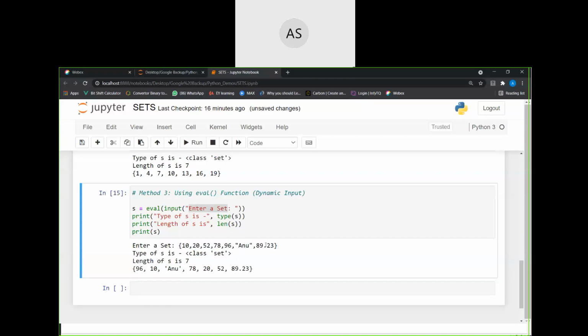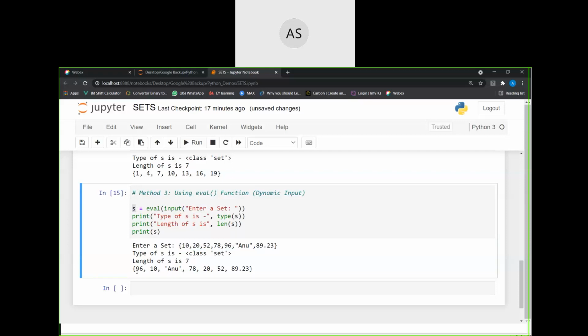So how am I giving the values? Inside the curly braces. My eval function, as soon as it sees these curly braces and all these values, will know that this is going to be a set. So it will convert this entire value into a set and then store it inside the S variable. When I try to print the type of S, it shows me the data as set, and 7 elements are there inside.